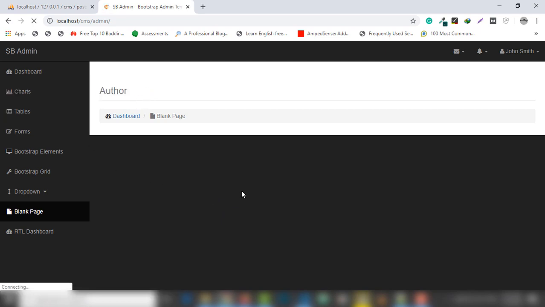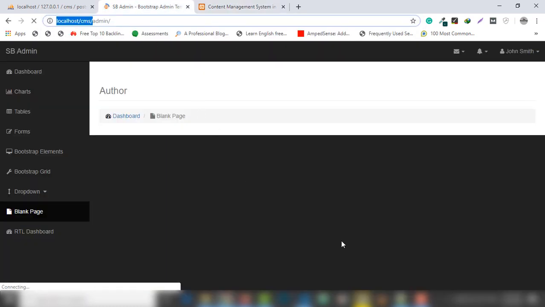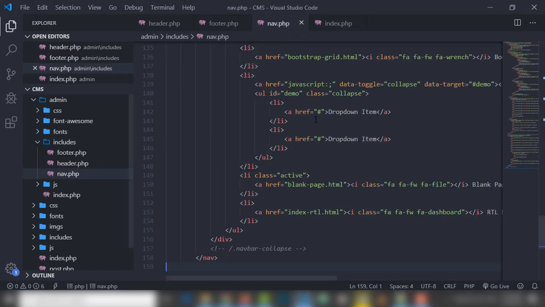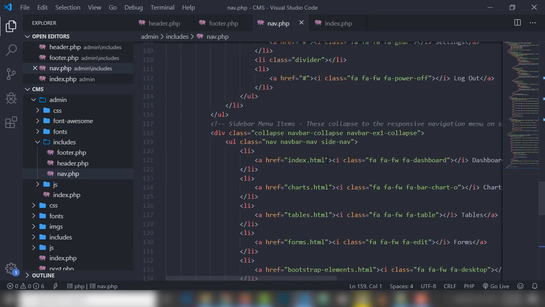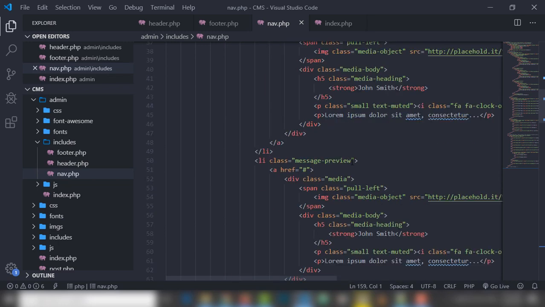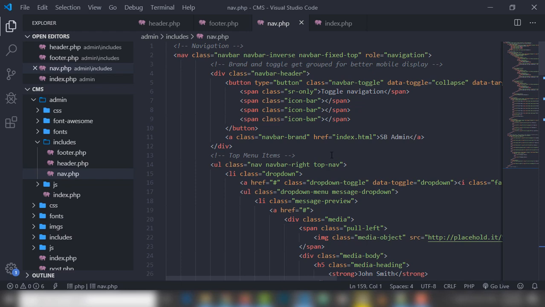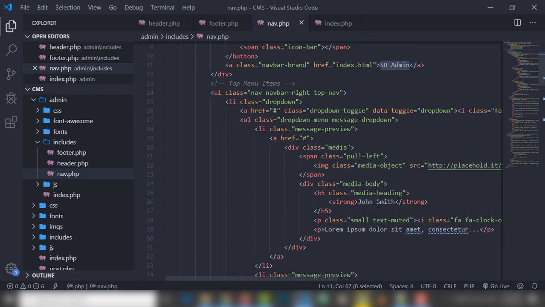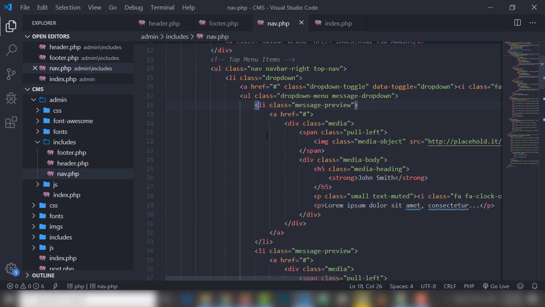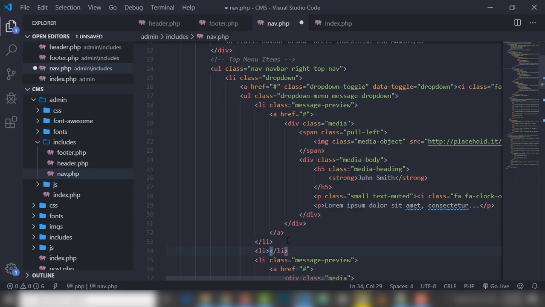Right, now the next thing, we need to display the link here. I'm gonna click on the link, then I want to redirect to my home page, like this one, right? So I go to nav.php, this is the drop down menu, go to the top of the bottom, SP admin, this is the right side top navigation bar, John Simon, and this is a complete li. After this li, I'm gonna create li again. I'm gonna use view site,